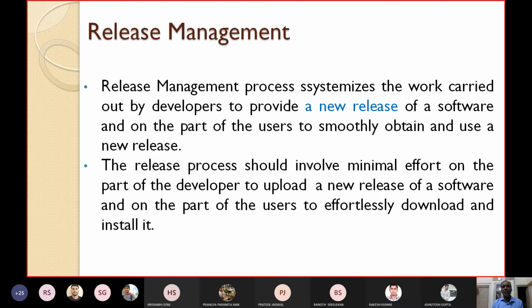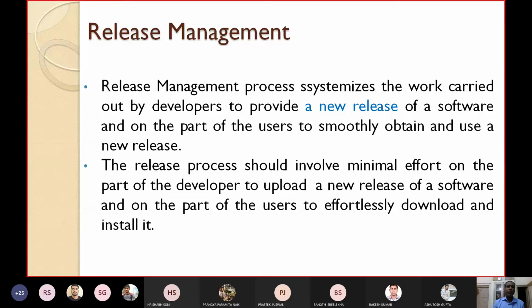And on the part of the users, to smoothly obtain and use a new release. How the users can smoothly get and use a new release will be prescribed by the release management process.